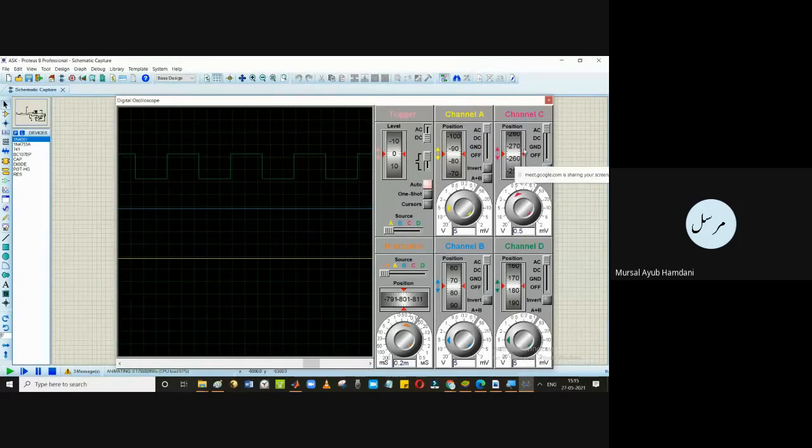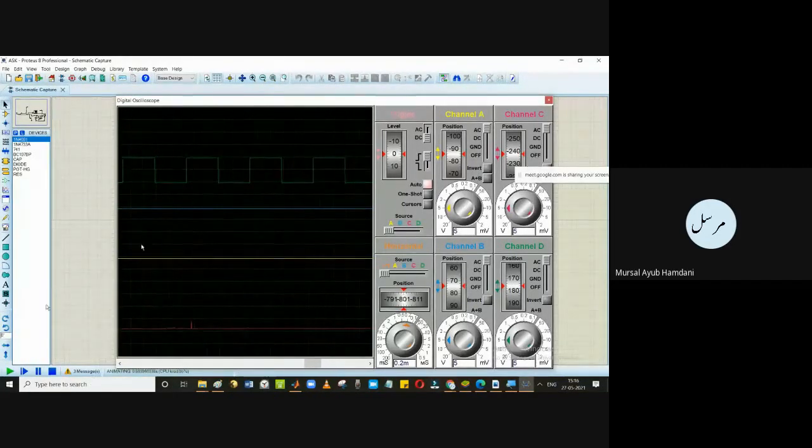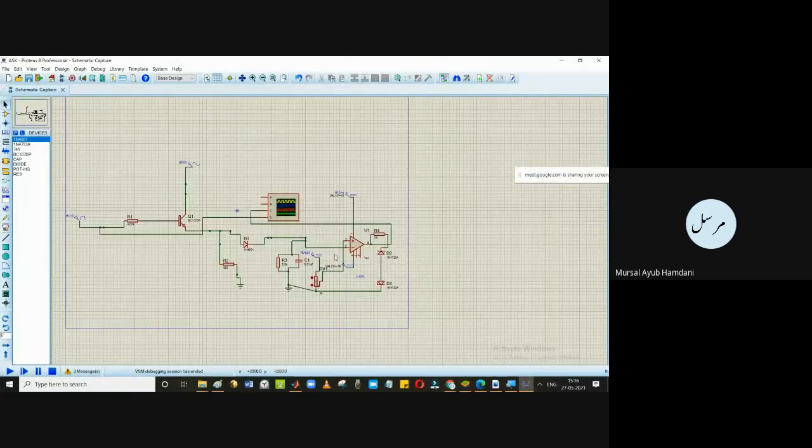I'll just check this circuit and then provide you with the file. Some minor issues are there. It will take a little time.